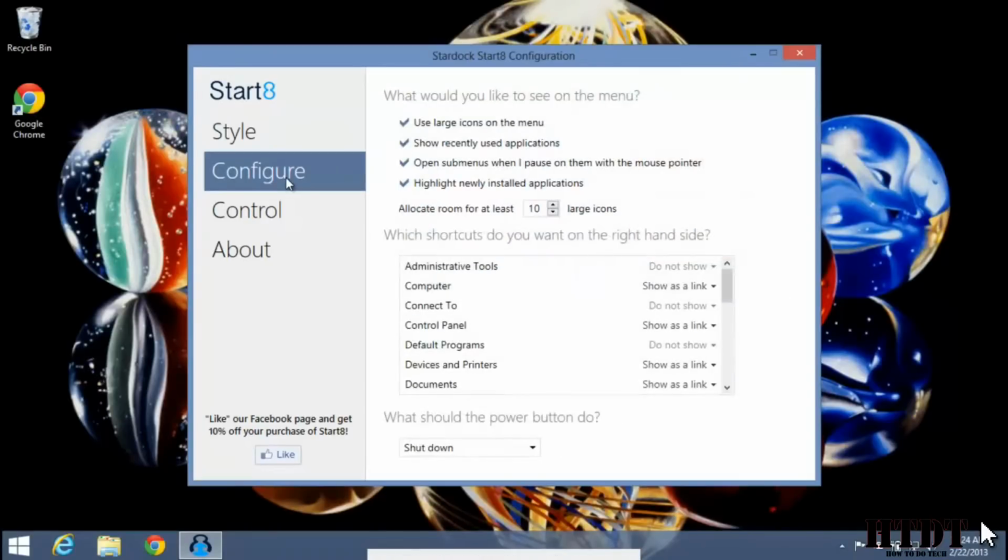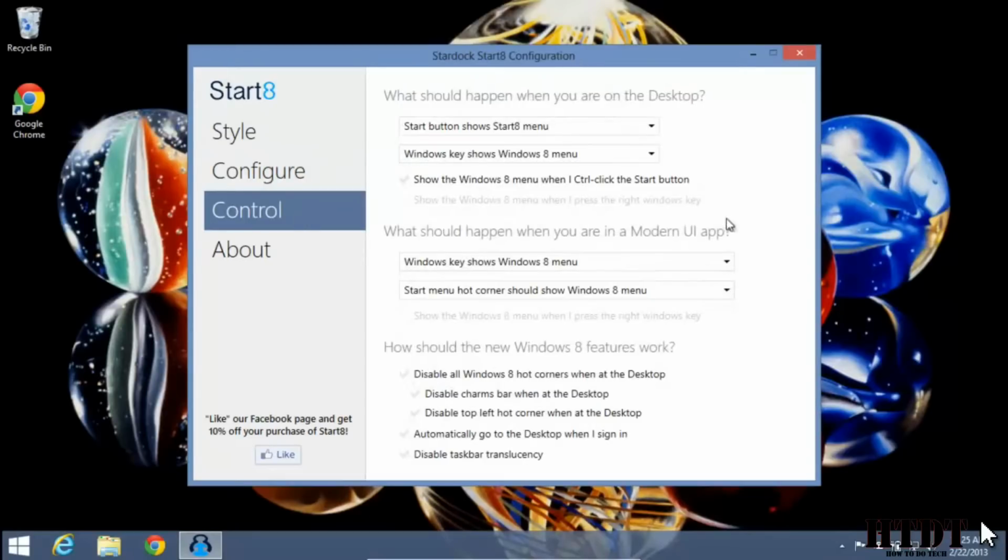Under configure, this is basically the same settings as if you hit properties when you were in Windows 7. If you hit properties on the start menu, it would bring you up to basically this menu. This is the same customizing option, so we're really not going to go through it. And then under control, these are some options that will program Windows 8 to do certain things. Some of these options include going directly into the desktop after logging in, changing the Windows key on your keyboard to open up this start menu instead of the start screen, and then also you can disable the hot